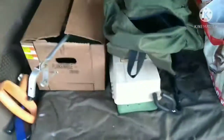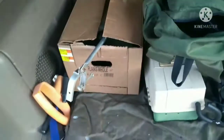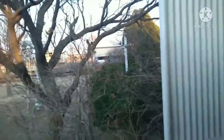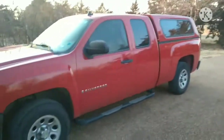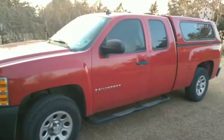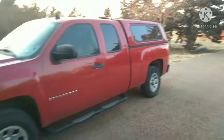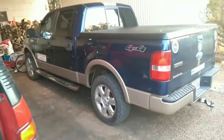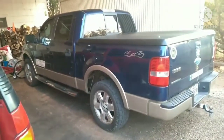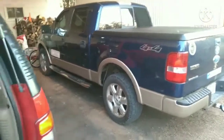So this is the back of one of their Suburbans. They have a Suburban there, a Suburban here, and then Dad did have that. So they had two Suburbans and a truck, but I bought the Paw truck off my dad, and then my dad bought my brother's old truck from Olivia. So anyway,